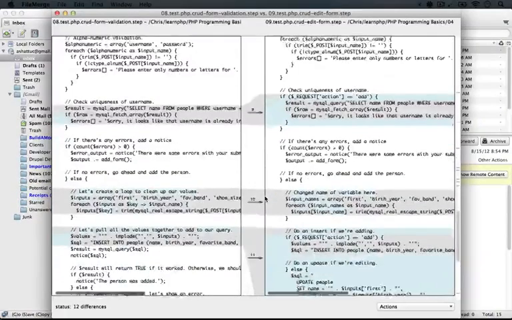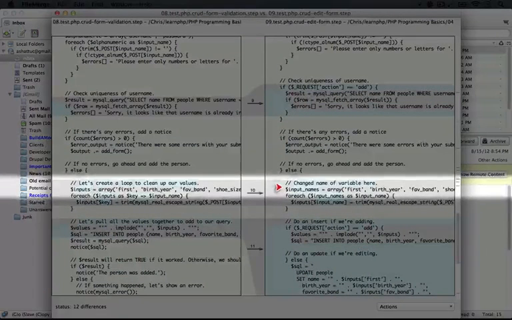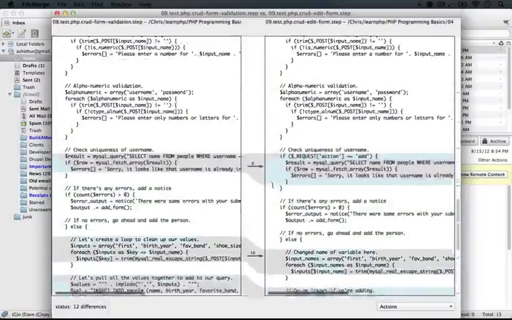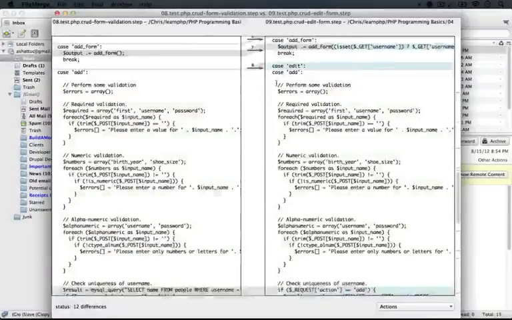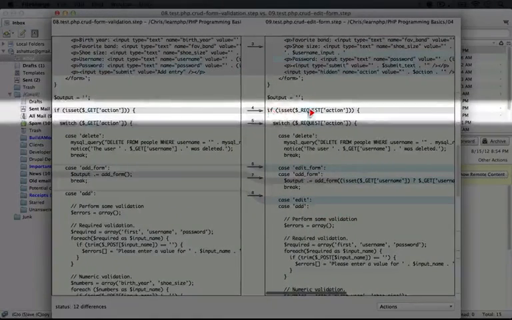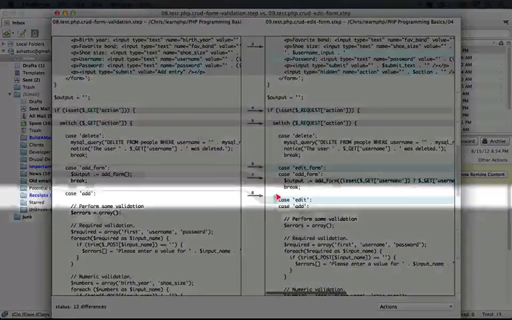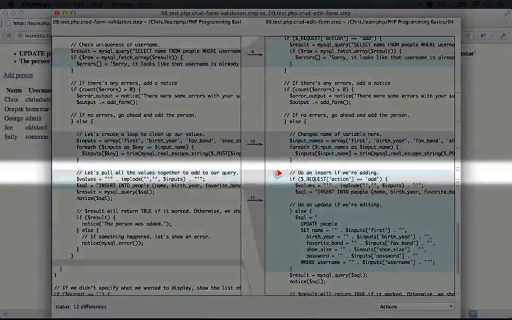And then if we scroll down here a little bit more, we've done a little change here to change the name of a variable to make it a little bit more descriptive. Now, just to anchor ourselves, if we scroll up, this is actually in our add case when we submit the form. So this is checking to see what the request action is, and if it's add or edit, then we're running through this code. Next, we're going to either insert the data into the database, or we're going to update an existing record.